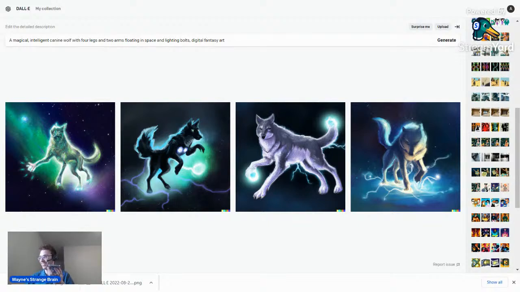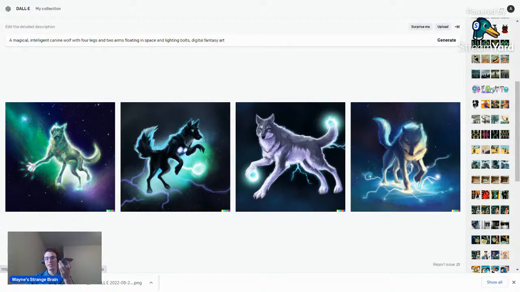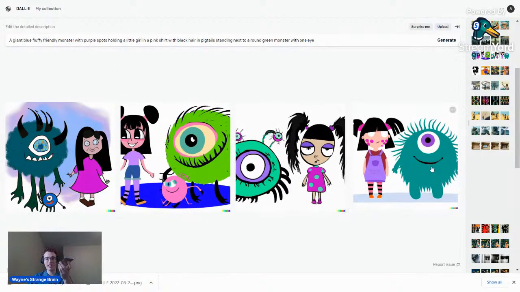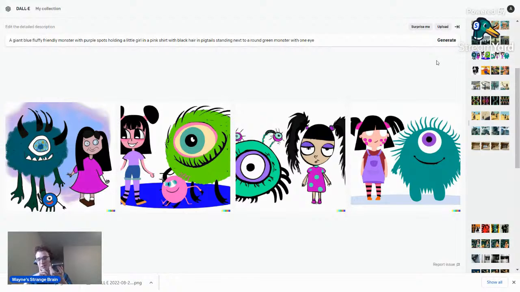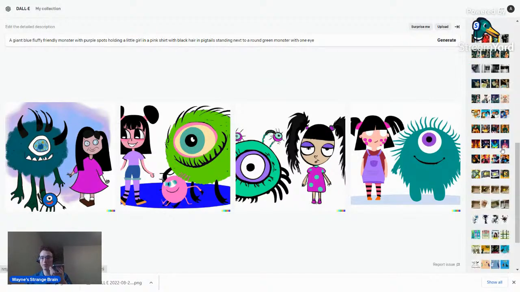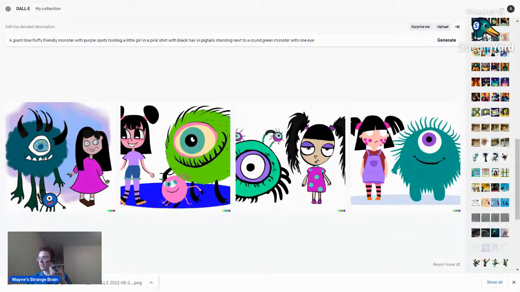Okay, so one object, how niche a reference it can get. In terms of references, it can if it's famous. Like this friendly monster, it's kind of like Monsters Inc. I don't like this one, but it's kind of like Monsters Inc. I've tried the Terminator, and it can kind of get it, but it really has to be pretty famous. If you typed in red from the video game Transistor, I'm sure it would give you electronic stuff, video game stuff, and then the color red.